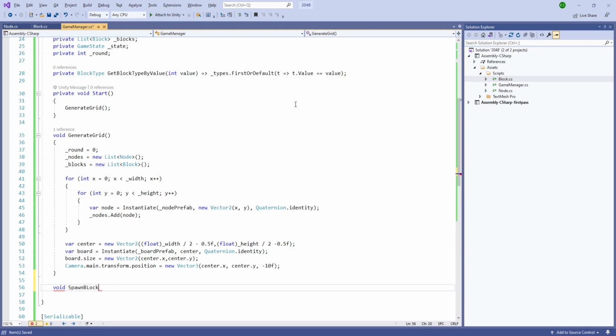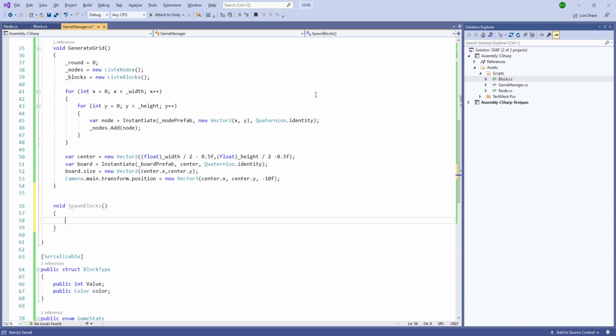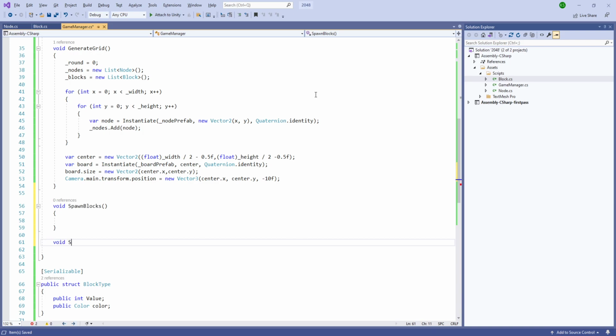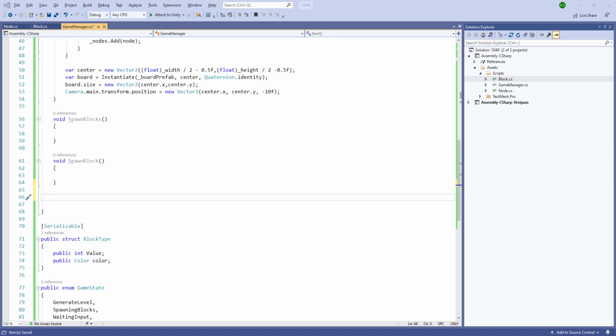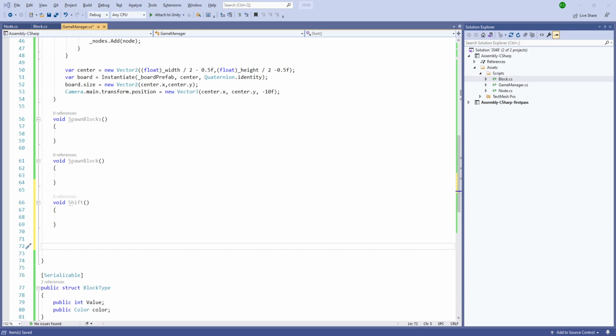So the first function we are going to create is SpawnBlocks, and next we'll have the SpawnBlock function. SpawnBlocks will spawn the number of blocks, how many we want to spawn, and SpawnBlock will spawn a single block. And similarly void Shift whenever we want to shift, and after that we have a void MergeBlocks, and the last one is going to be RemoveBlock,